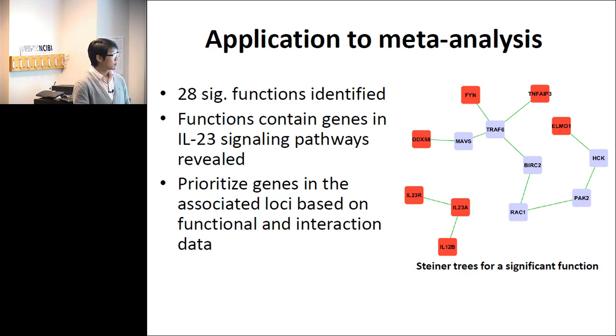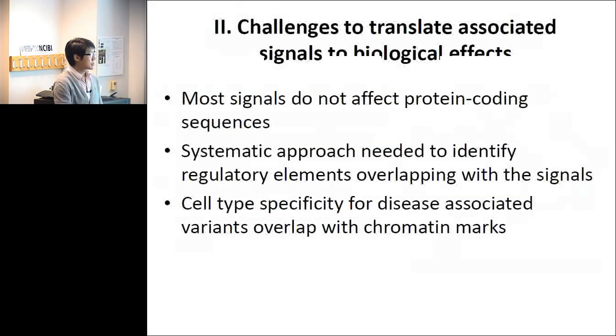So we do use information for that to connect a lot of those things. By using that, we could prioritize. Now we could give an objective way to prioritize genes from disease-associated loci, and this is a more systematic way to do that. So the next question that we want to ask is: